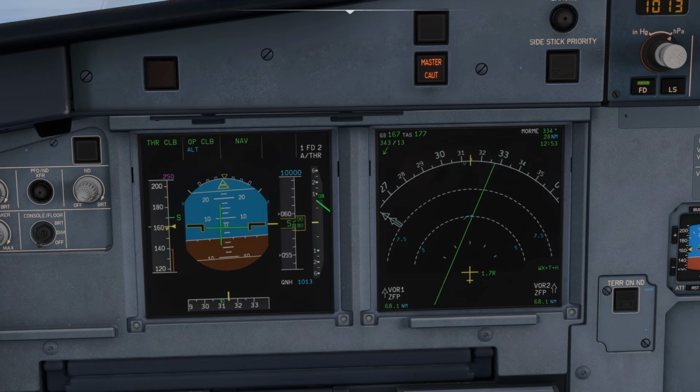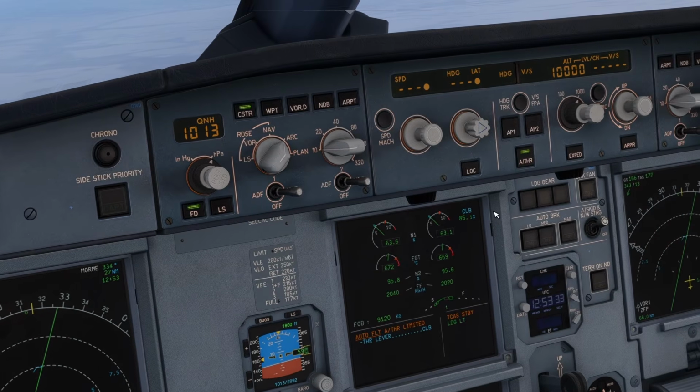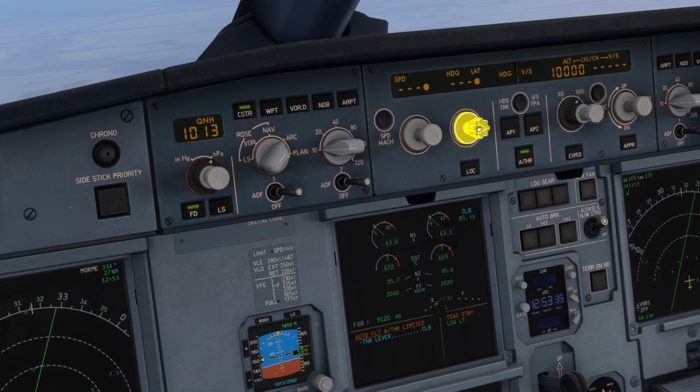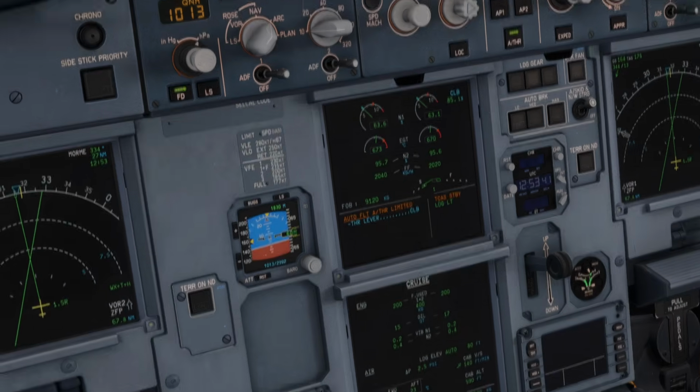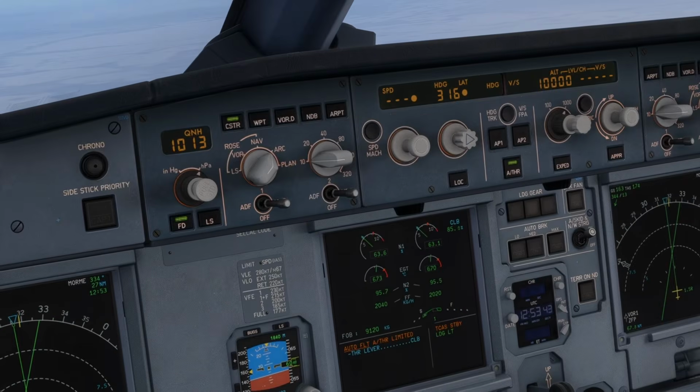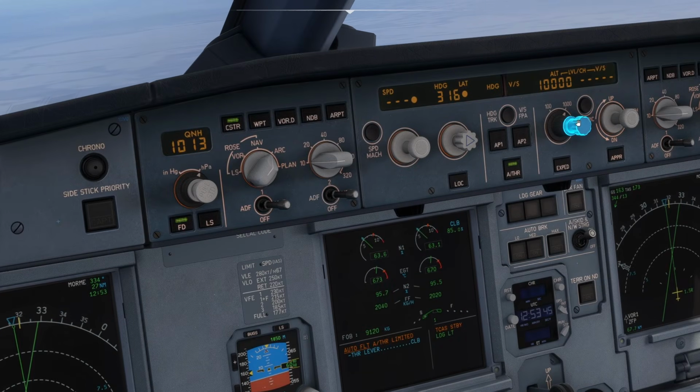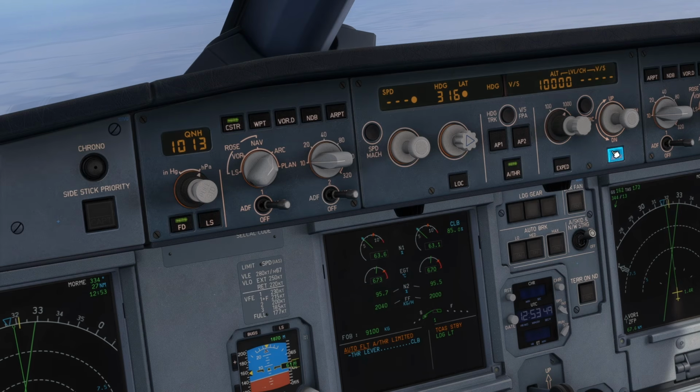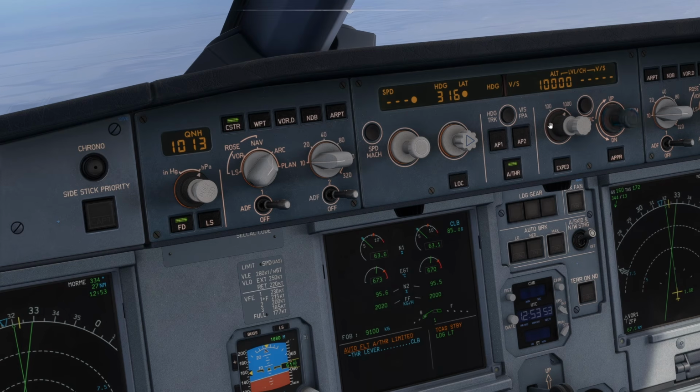For this to work, you of course need to enable some things. You need to make sure that the heading mode is enabled. You can do it like this, right? This is the heading mode. Or you can use the heading mode directly from the flight plan which you programmed. The altitude mode is set using this mode, and of course will automatically figure out which kind of altitude you need to climb to. But you are able to use the heading track mode also